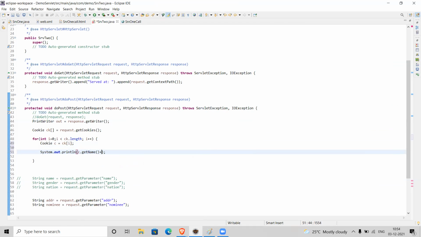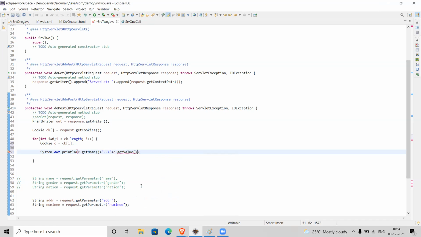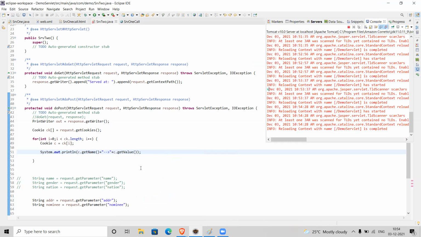Here I'm printing the cookie name and cookie value, just to print this information on the console.